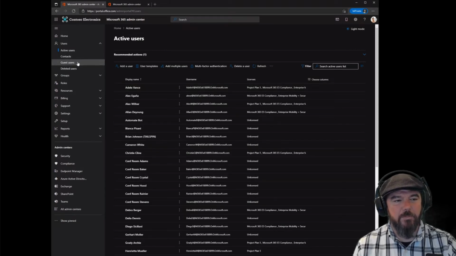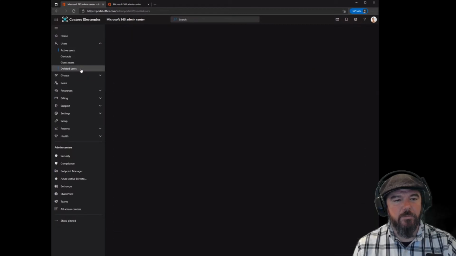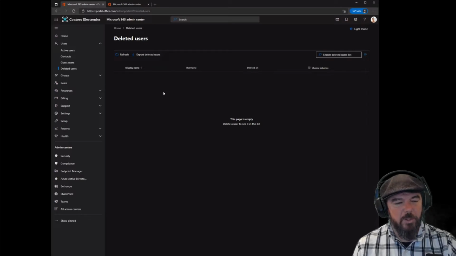The nice thing about this is if you do end up deleting a user, and this user had a mailbox or a license associated to them, they will be kept in this deleted users page for a soft delete state of 30 days. That gives you the ability to restore that deleted user, as well as any items associated to that user's account, including mailboxes. So if you needed to go in and get back into a person's mailbox and the user account was accidentally deleted, Microsoft has your back, and they put a soft delete on those user accounts for 30 days,